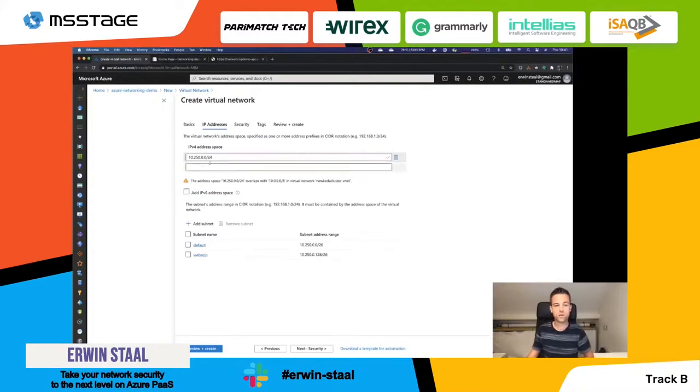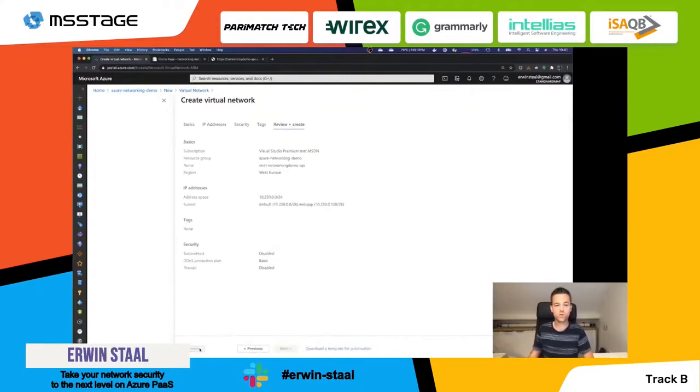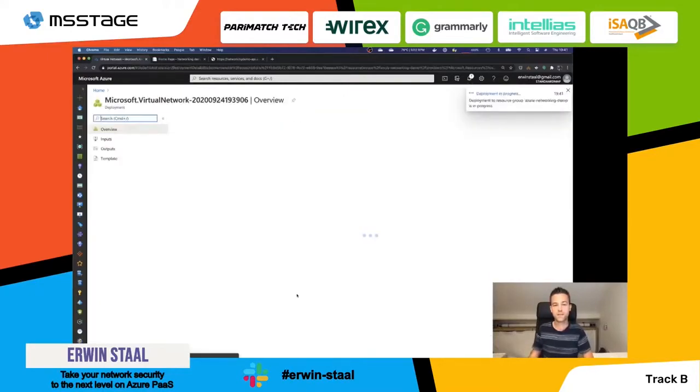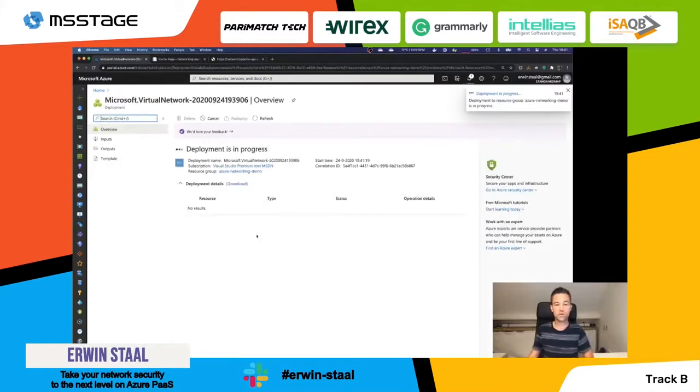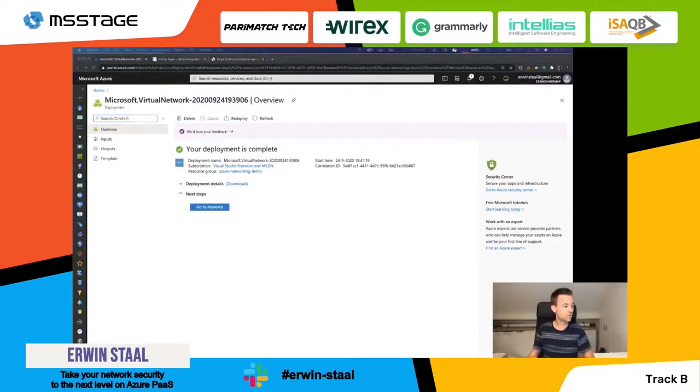So I gave it an address range, and I gave it 2 subnets, of which the address ranges do fit in the overall address space. So that's it. We hit review and then hit create. So then my network will be created, and most of the time that's a pretty quick thing to do. As you see, it's already done, and it's ready to be used by us. So let's head back to the slides,